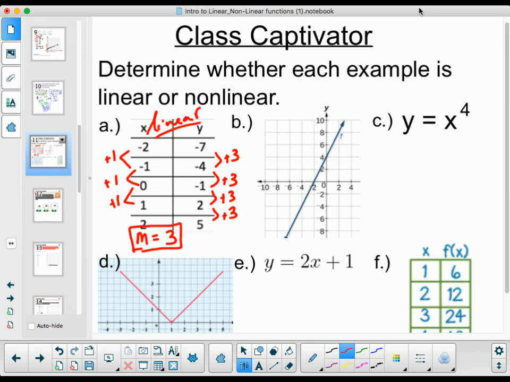Okay? Letter B. Graphs are a little bit easier. If it's a straight line, you can tell that it's linear, and in this case, for sure it is. So we're going to say that that's a linear function as well. Letter C, now an